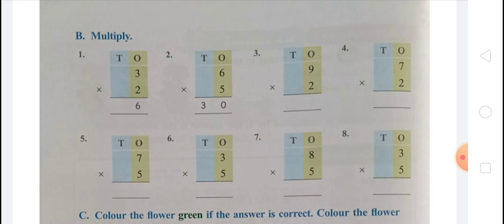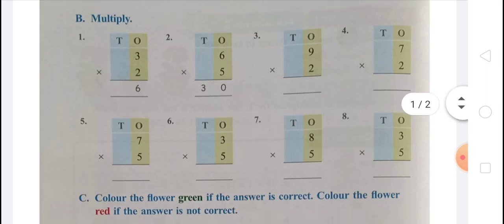40. Okay. In the next question, that is 3 multiplied by 5, we have to multiply 3 by 5. So we have to read the table of 5, three times: 5 ones are 5, 5 twos are 10, 5 threes are 15. So here will be 15. On the tens place we will write 1, and on the ones place we will write 5. So 1 ten 5 ones make 15.